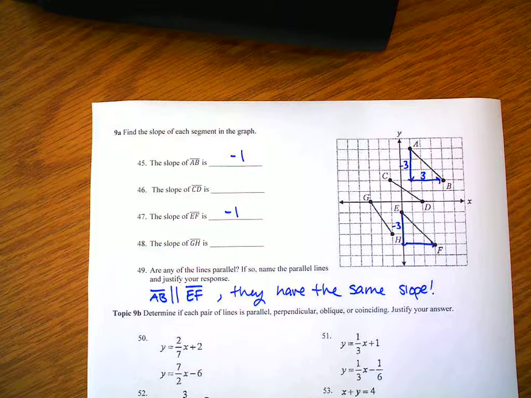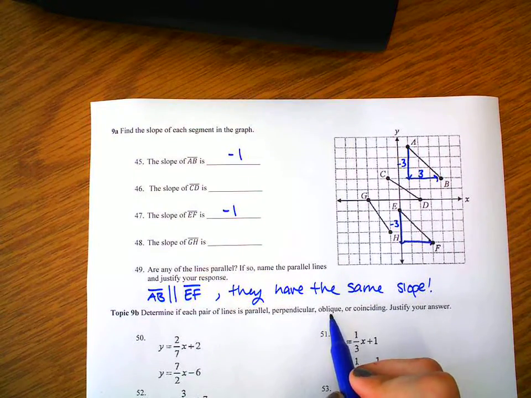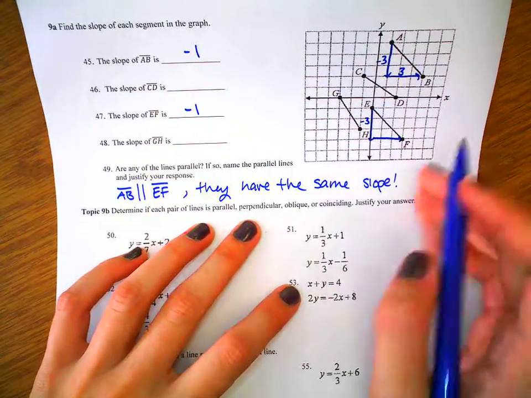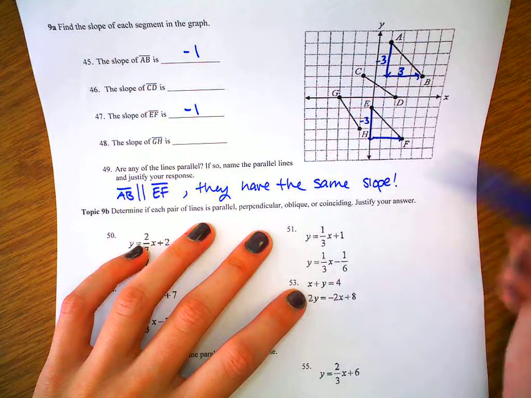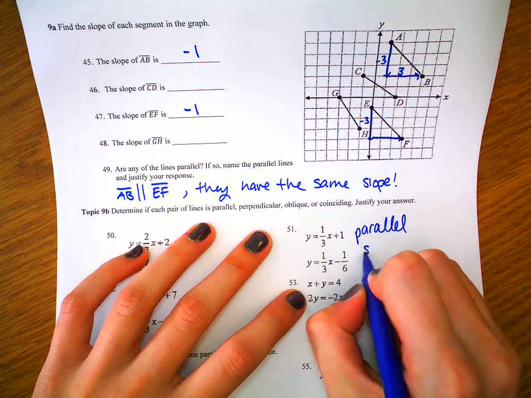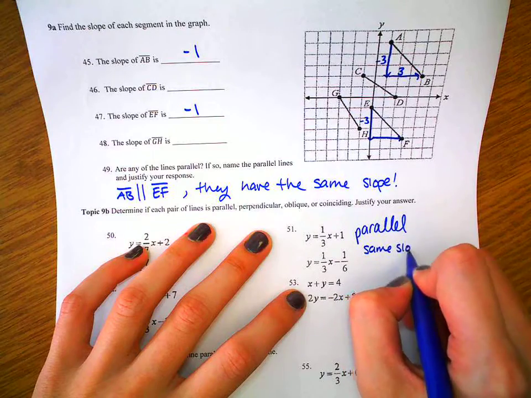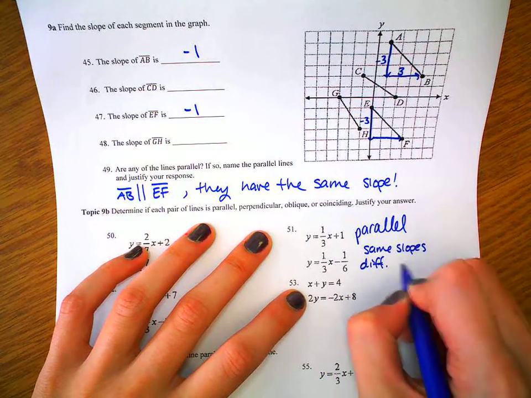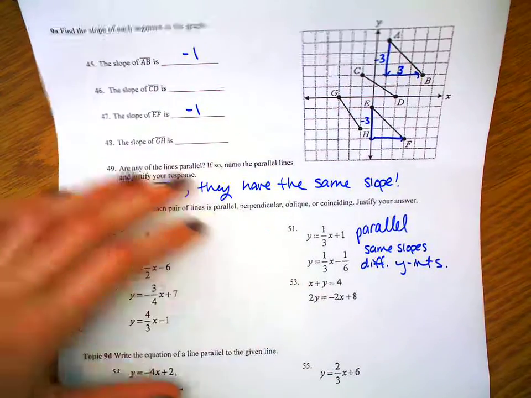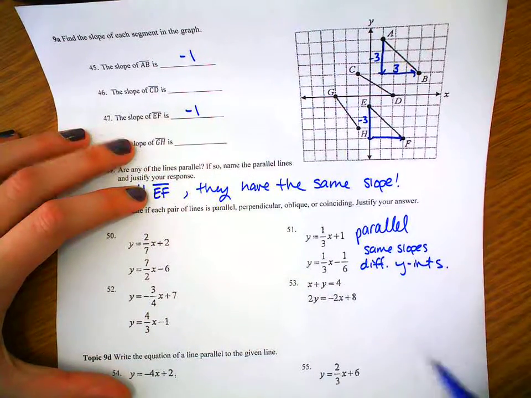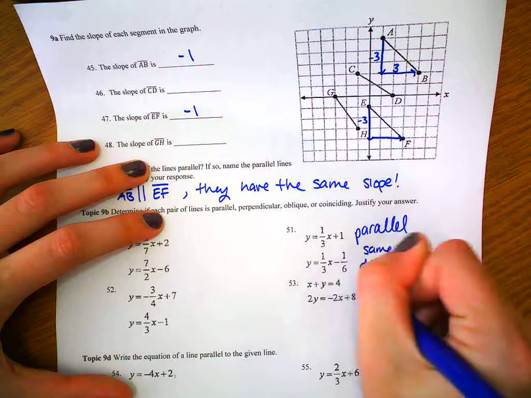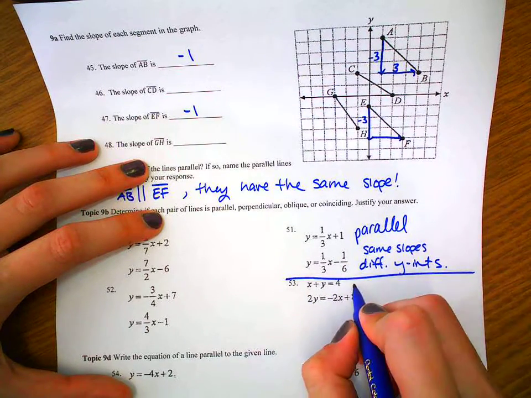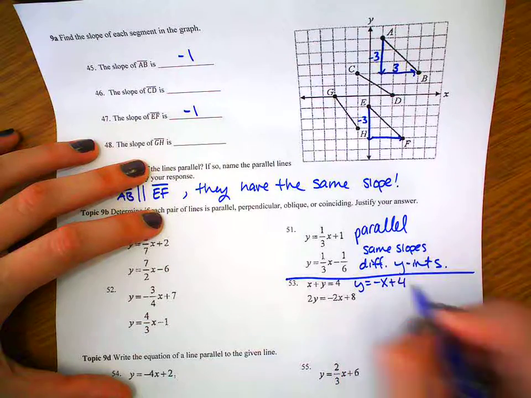Okay, number 51. Determine if each pair of lines is parallel, perpendicular, oblique, or coinciding. Oblique is just another way to say intersecting. So number 51, we've got the same slope here, different y-intercepts. This is parallel. My justification would be same slopes and different y-intercepts. 53, I have to solve this one first for y so I can identify the correct slope. So here, if I solve this one for y, I would have y equals -x plus 4, and this one would be